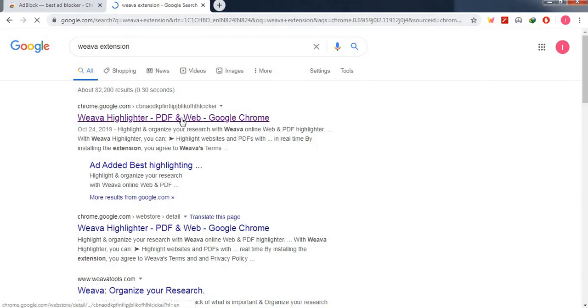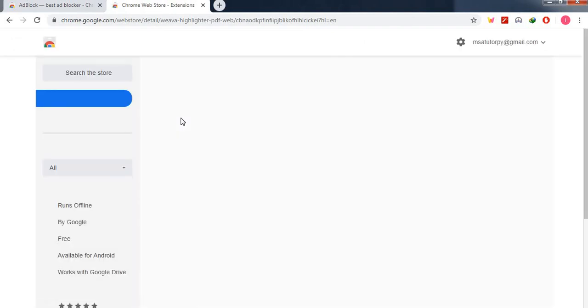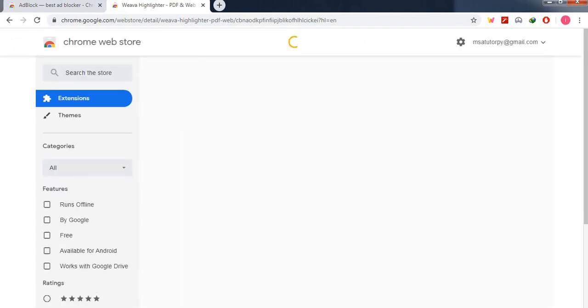I opened it. Same way, add to extension, add to Chrome, it will come.